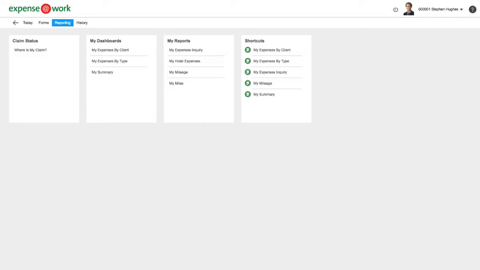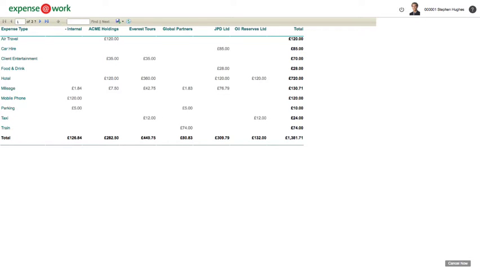Before logging in as a line manager, let's take a quick look at the reporting options available to this employee. Access to reports and data is configurable by an administrator. This example employee can see their own data. For example, a matrix report showing expenses broken out by client,